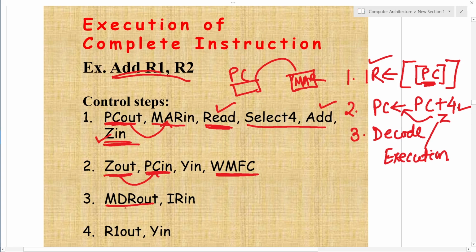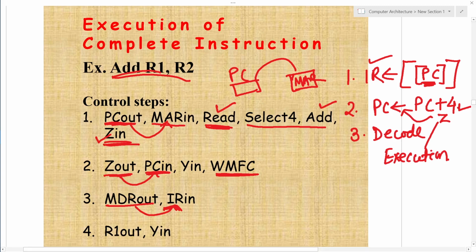Once that is available, the content identified through MAR is available at MDR, and it will move to the IR for decoding purpose, so it is IR in. These three steps are common for all types of instruction execution.